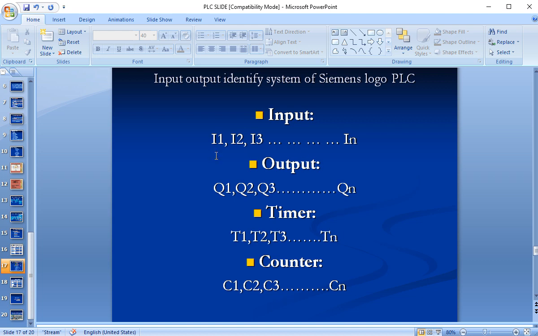Input is identified by I, output is identified by Q, and timer, very important, T1, T2, T3 is indicated by T, and counter by C. So addressing is: input is I1, output is Q1 up to infinity, and timer is T1 up to infinity. Counter is the same as input. That's the base format, and I will describe it in the software in the programs. This is the octal hexadecimal format. This is I1 to I8, Q1 to Q8, timer. This depends on every step, and counter is also there.